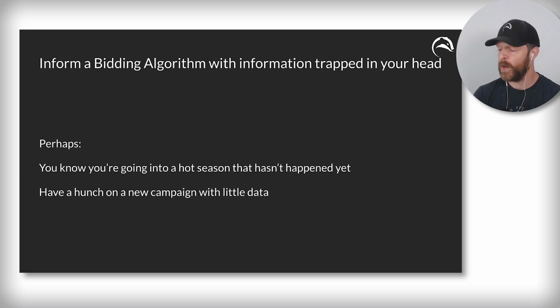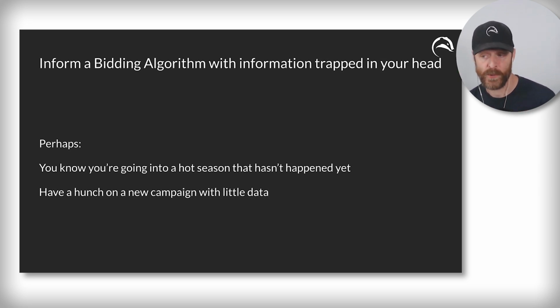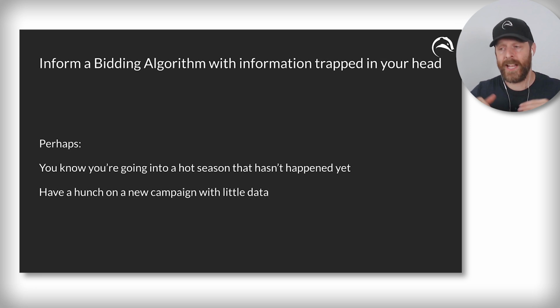Another use case of the minimum and maximum bid: at Ad Badger, when I was working on developing the algorithm, something that I've worked on since 2017, it might have been 2018, 2019, we inserted the concept of a minimum and maximum. It's really improved what we do for our customers. Basically, it allows people to inform an algorithm of something that potentially hasn't happened yet. For example, hey, I'm going into hot season, take all my minimum bids and increase them by 25%. So instead of a minimum of $1, now all my minimums are $1.25. So I'm going to be pushing it a little bit.